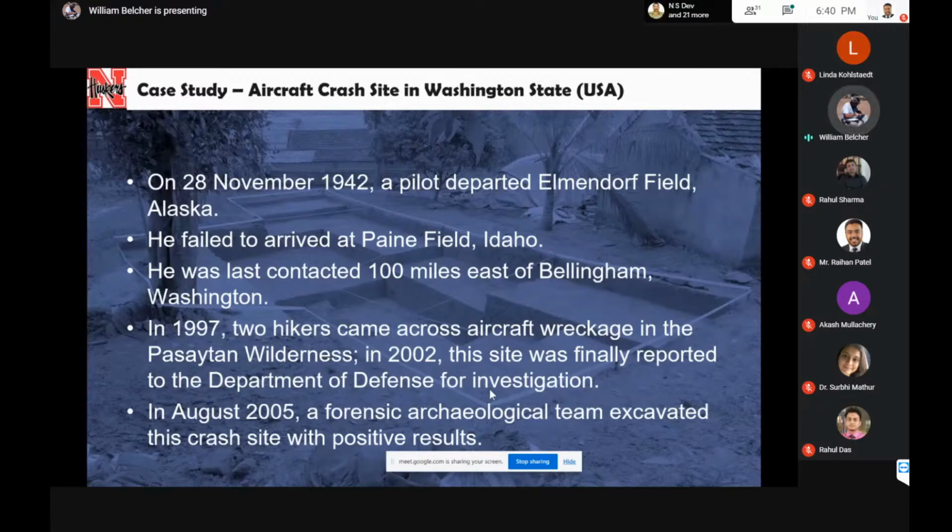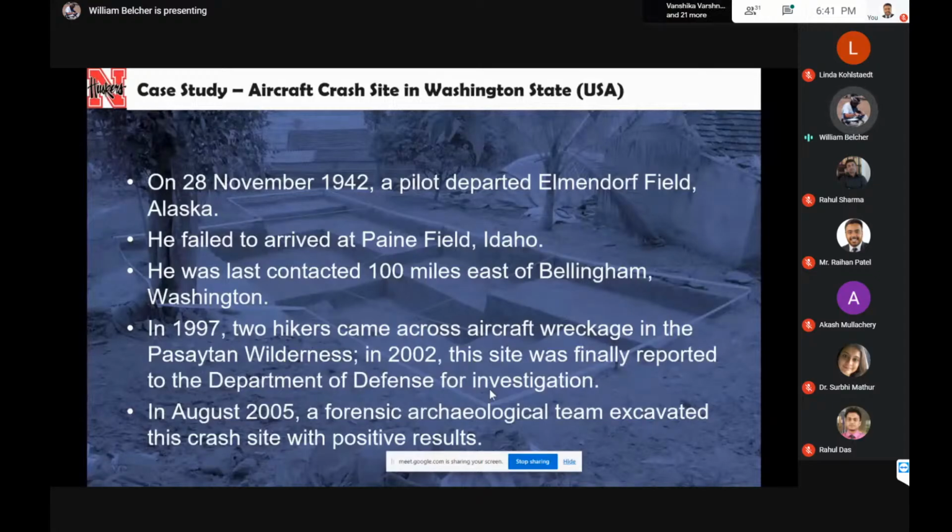And then in 2002, the site was finally reported to the Department of Defense for investigation. And then in 2005, I led a forensic archaeological team to the site where we excavated it and recovered the body of the pilot. Now, when I've talked about this case before, a lot of people will ask, why was there a 5-year lag from the time it was discovered by these hikers to when it was reported to the Department of Defense? Well,